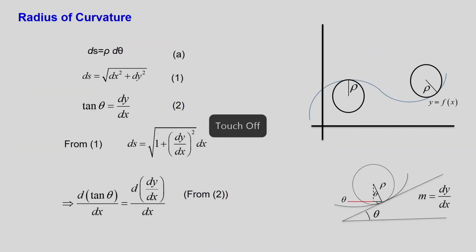Another way of defining radius of curvature is that you assume this is a y axis and this is the x axis. So, this rho is the radius at the particular point, you may have different radius at different points. So, here the circle is inside towards the x axis, while this is away from the x axis.